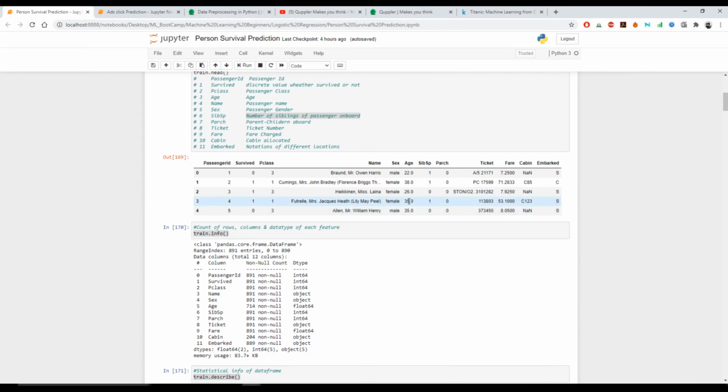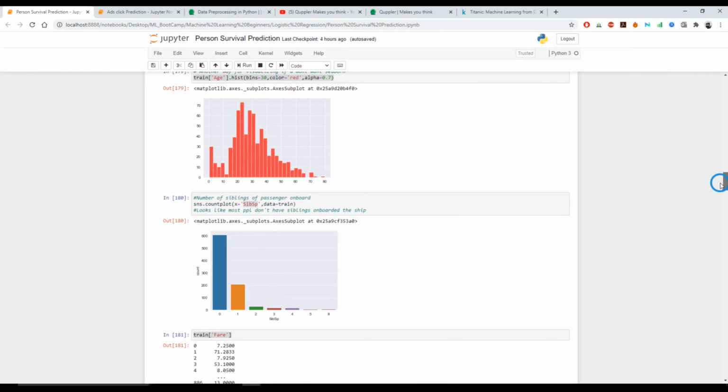We're going to see how we can fill the missing data for the cabin: either we fill it, replace it, drop the column, or mark it as a discrete value, whether a cabin is present or not. That we're going to cover now.